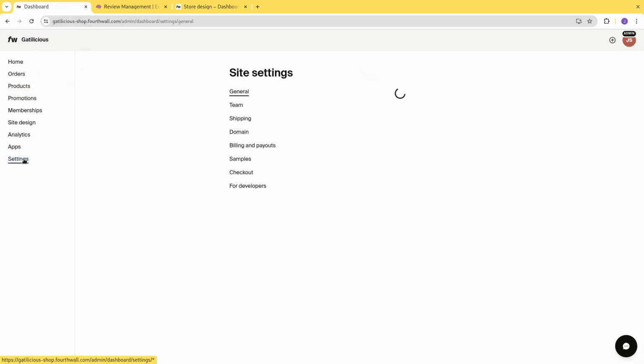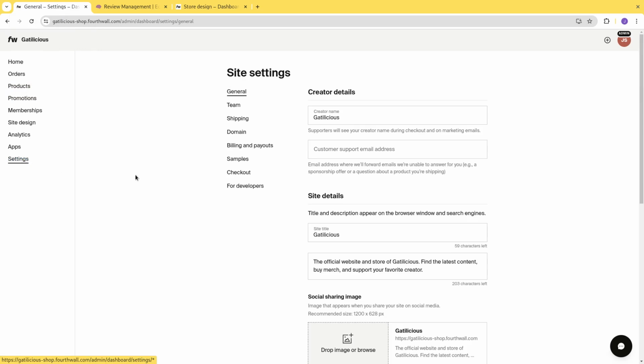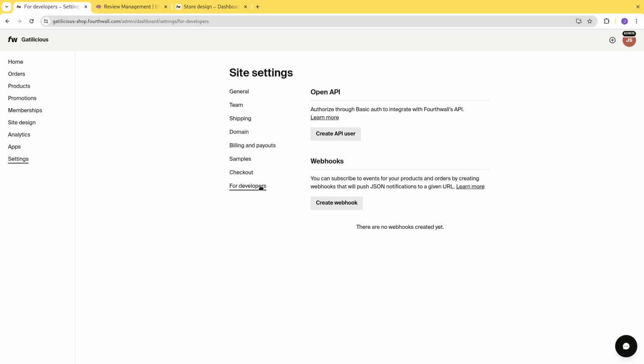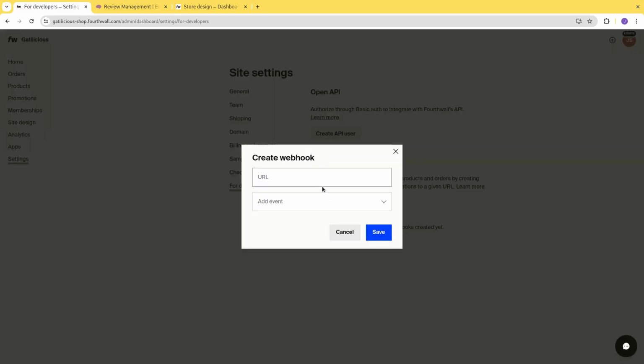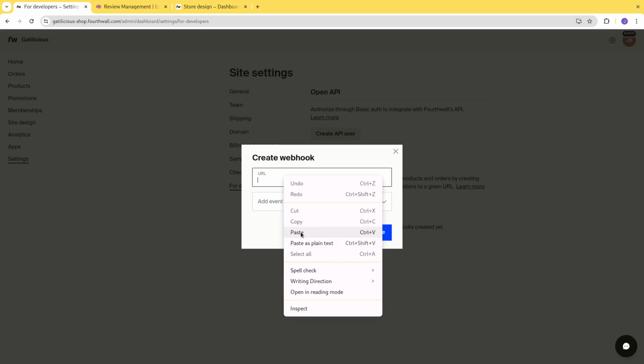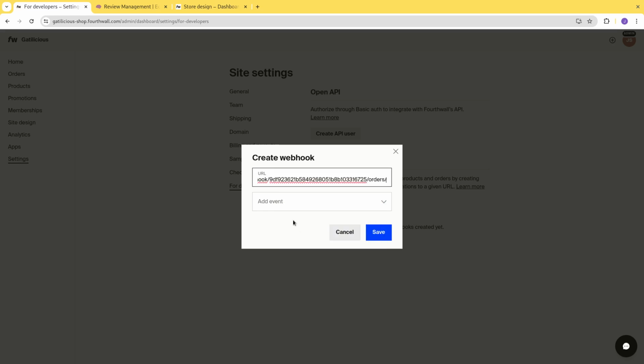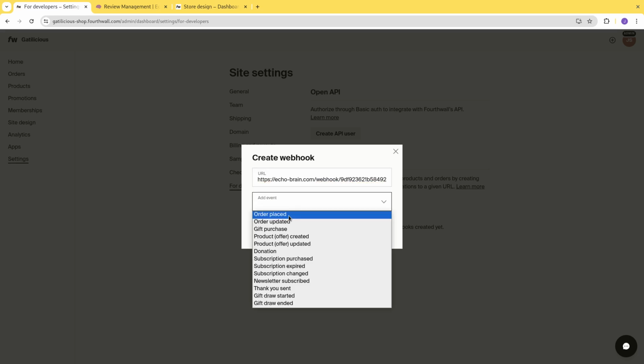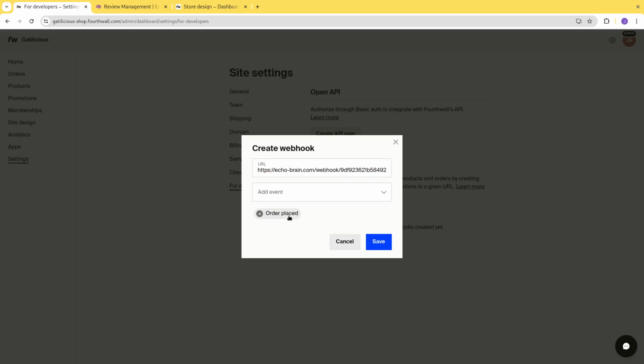Go to settings, then click on For Developers, and then click on Create Webhook for this pop-up to open. Here you paste the webhook URL you copied, and then choose the Order Placed event on this combo box. Once that's done, click on save,